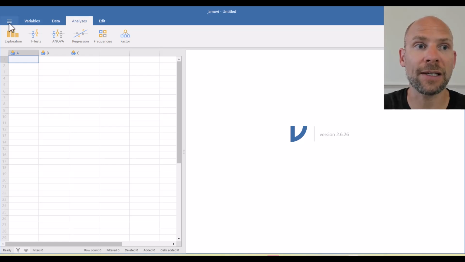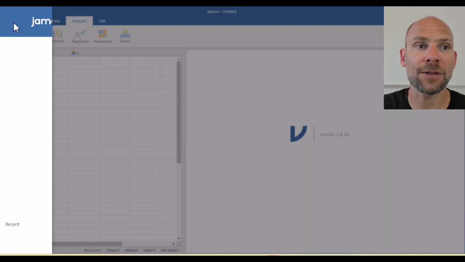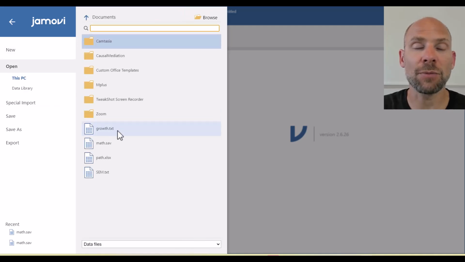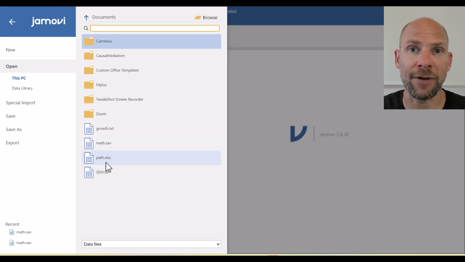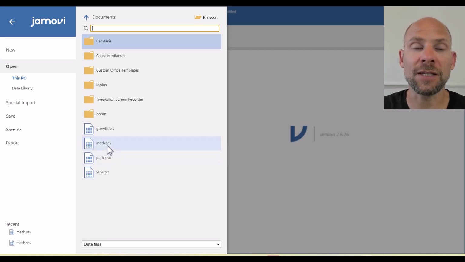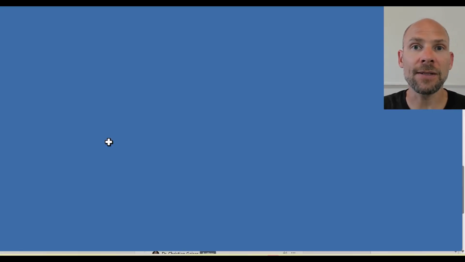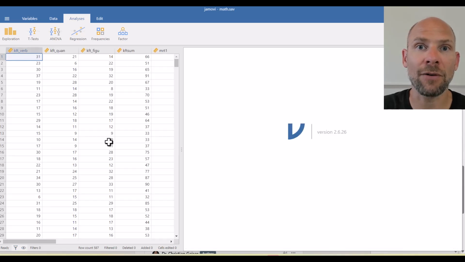I can do that by clicking on the symbol here on the upper left hand side of the screen. And so I'm going to go to Open. Here you can see that Jamovi allows you to open data files in various formats, including simple text files, SPSS data files, or Excel files. Here I'm going to open an SPSS data file named math.sav. This data file contains a number of test score variables from various tests, including a math scale that we're going